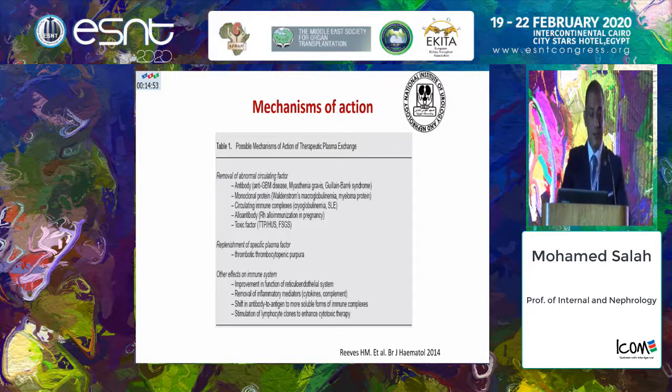The mechanism of action: the possible mechanisms of action for therapeutic plasma exchange, whether removal of abnormal circulating factors, example antibody, as what we do in anti-GBM disease, myasthenia gravis, Guillain-Barré syndrome, monoclonal protein, Waldenström macroglobulinemia or myeloma protein, circulating immune complexes, cryoglobulinemia, SLE, alloantibody, Rh alloimmunization in pregnancy, toxic factors like TTP, HUS, and FSGS, or by replenishment of specific plasma factors as what we have in thrombotic thrombocytopenic purpura,